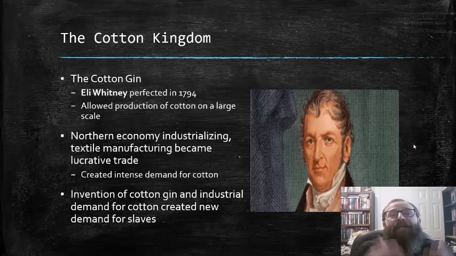And the cotton gin allowed for production of cotton on an extremely large scale. Now, the function of the cotton gin was basically to remove the seeds from the boll of the cotton plant, a process that by hand was extremely painstaking and time-consuming. The cotton gin made this process much more rapid and efficient, which greatly expanded the potential of cotton manufacturing in